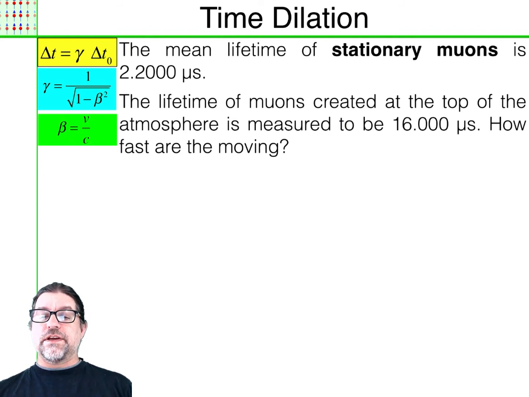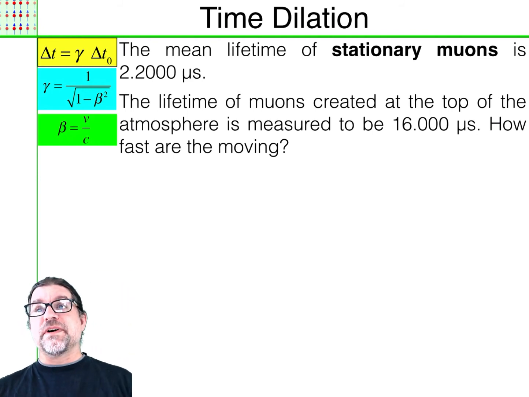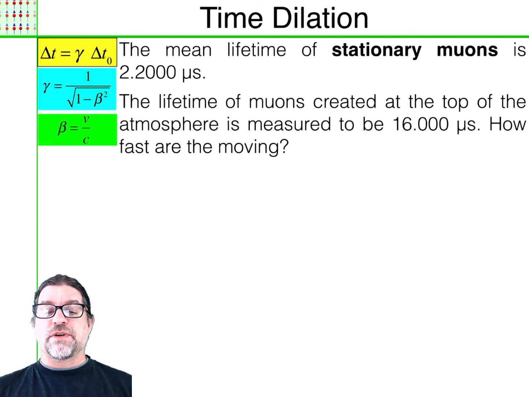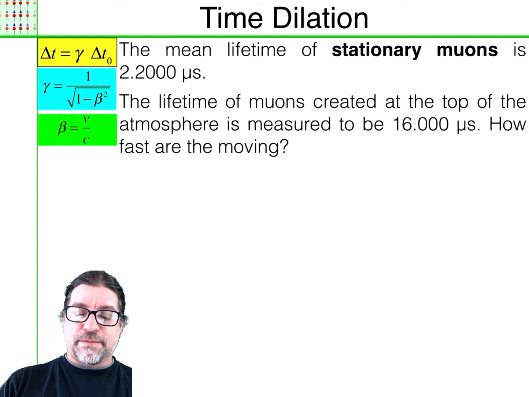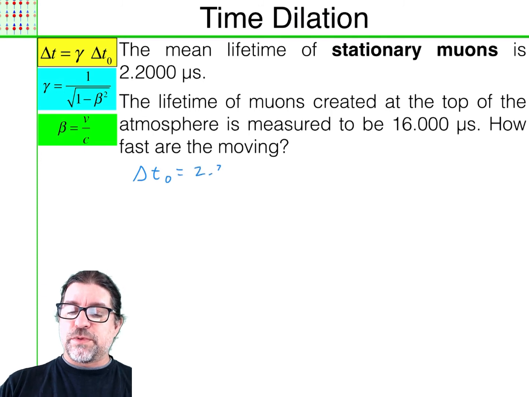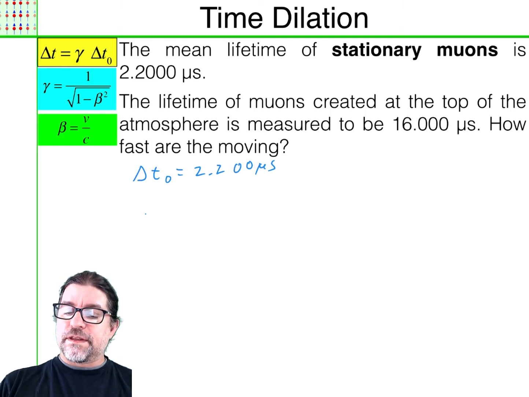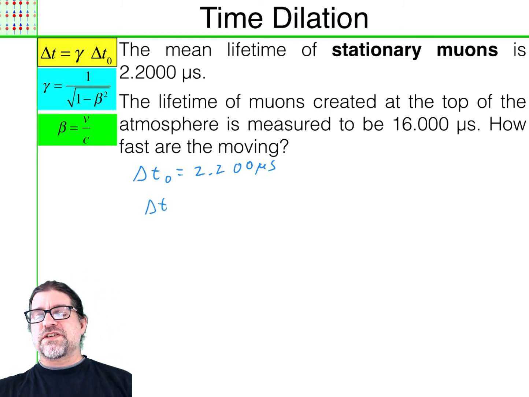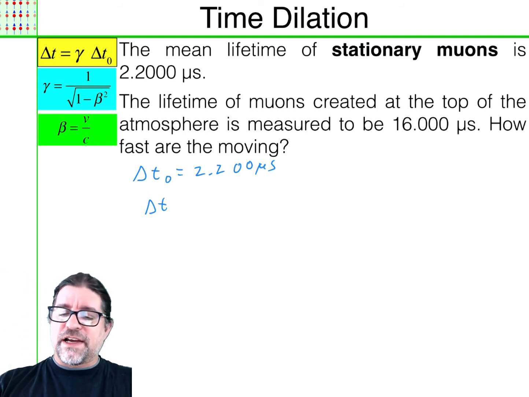So here's an example. Remember I mentioned these muons that are used to provide evidence for time dilation. If the mean lifetime of a stationary muon is 2.2 microseconds, so on average the lifetime of a muon at rest is 2.2 microseconds, that means its lifetime in its own reference frame will be 2.200 microseconds, right? Let's say we create some muons at the top of the atmosphere, and we measure their lifetime to be